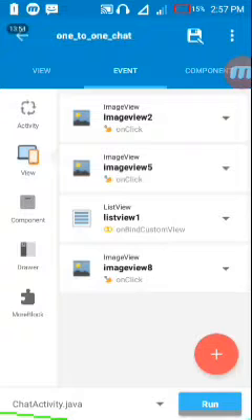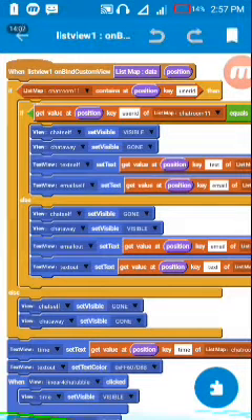So on list view, on buying custom view, I check if the position of chat room 11 contains a key with the name user ID, and if it